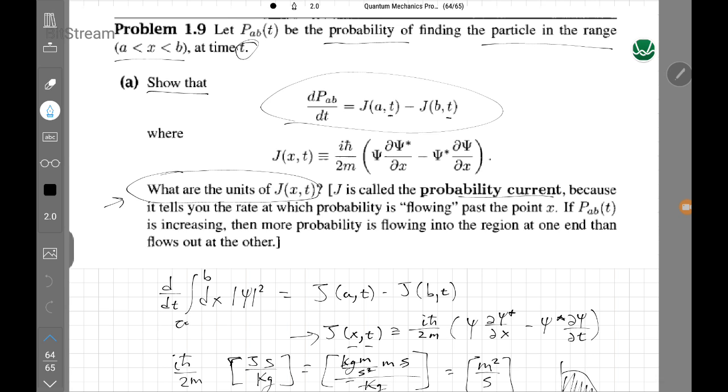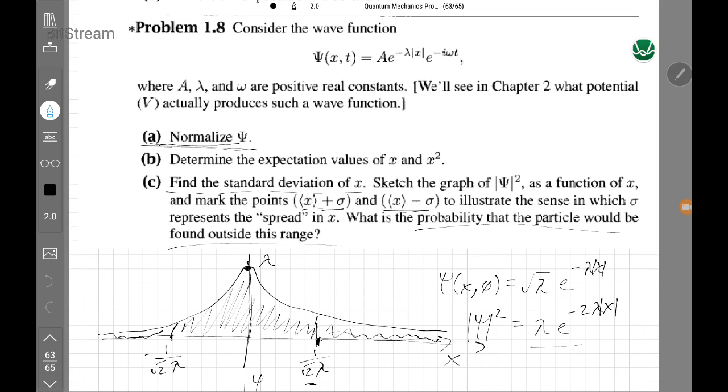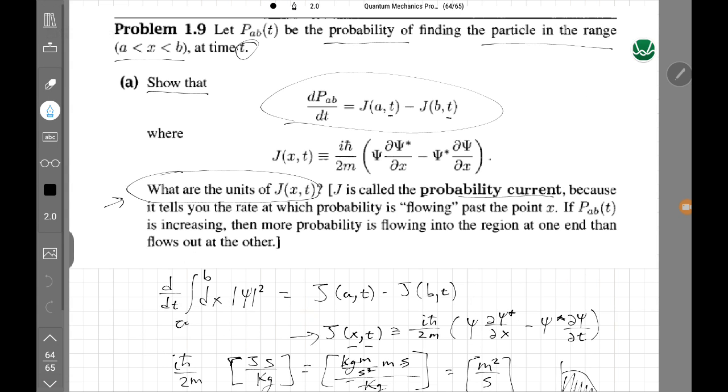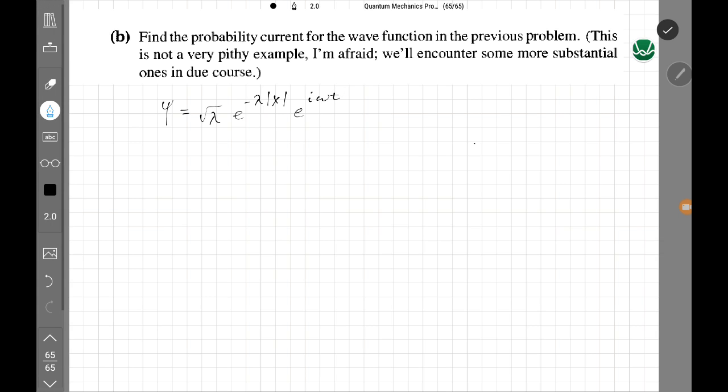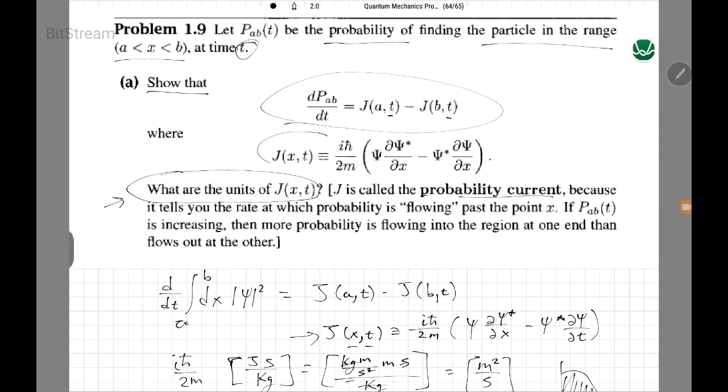So that was problem 1.8, and this was our wave function, which we normalized so that A was the square root of lambda. So our wave function was the square root of lambda, e to the negative lambda absolute value of x, and then e to the i omega t. Now we're going to use this definition here. So we have i h bar,